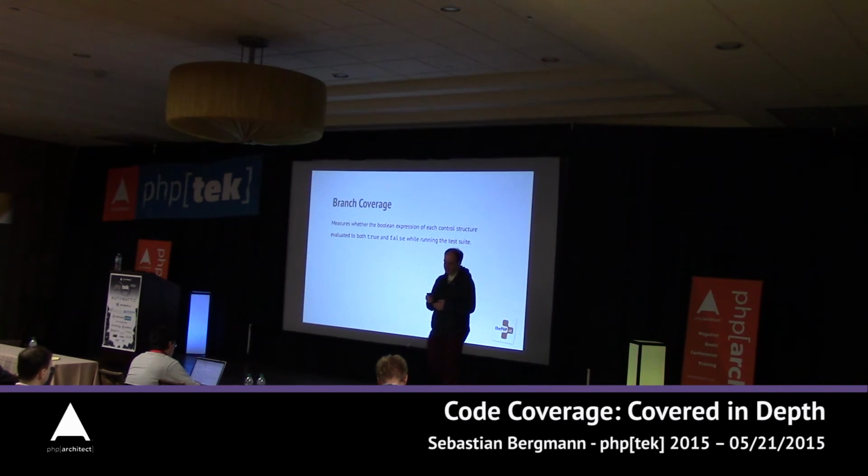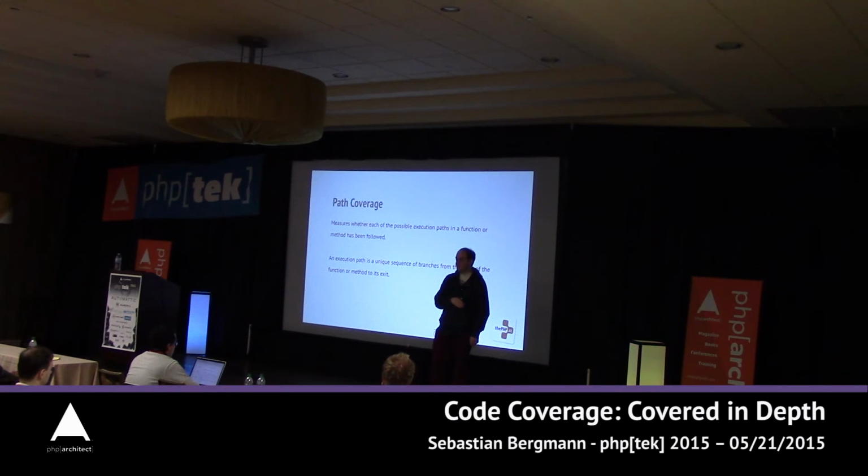Branch coverage measures whether the Boolean expression of each control structure evaluated to both true and false while running the test suite. That's not really interesting. Yes, it's more granular than the line coverage, but what we're really after is the path coverage, which measures